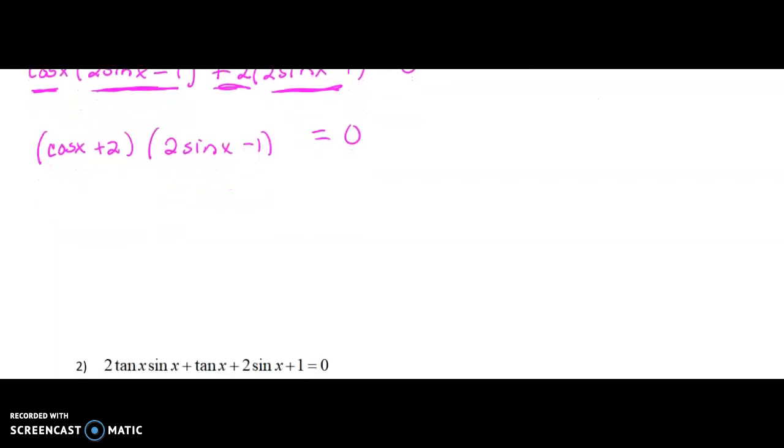This is where we would set our factors equal to 0 and solve. So we have cosine x plus 2 equals 0, and 2 sine x minus 1 equals 0. We'll come back and we'll solve. We've got cosine x equals -2. There is no angle that has a cosine